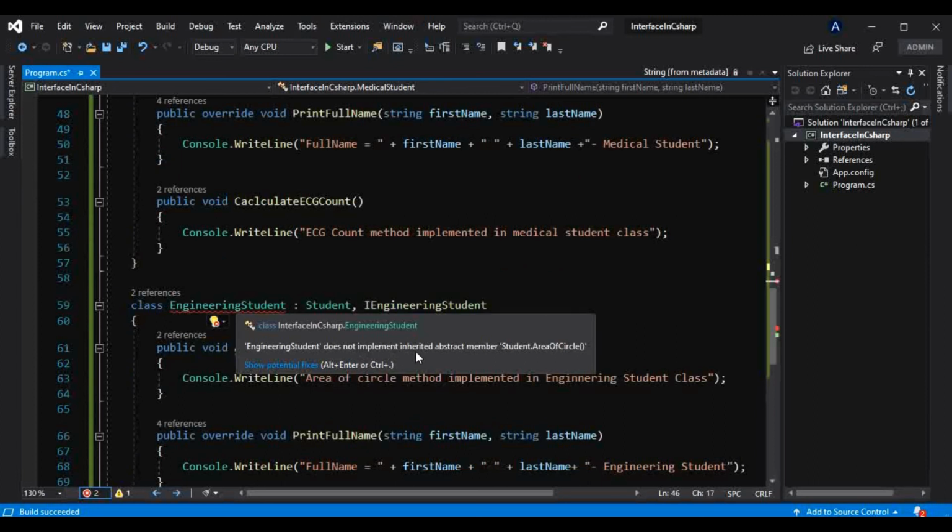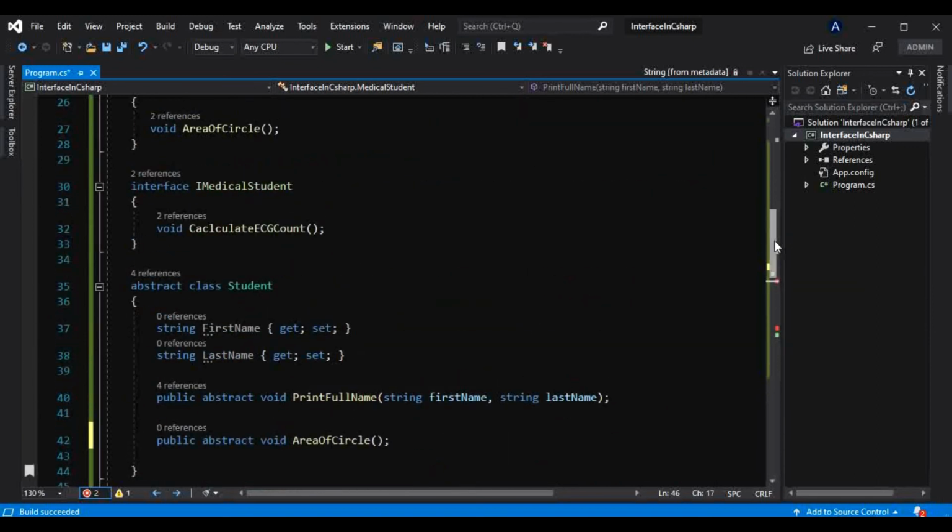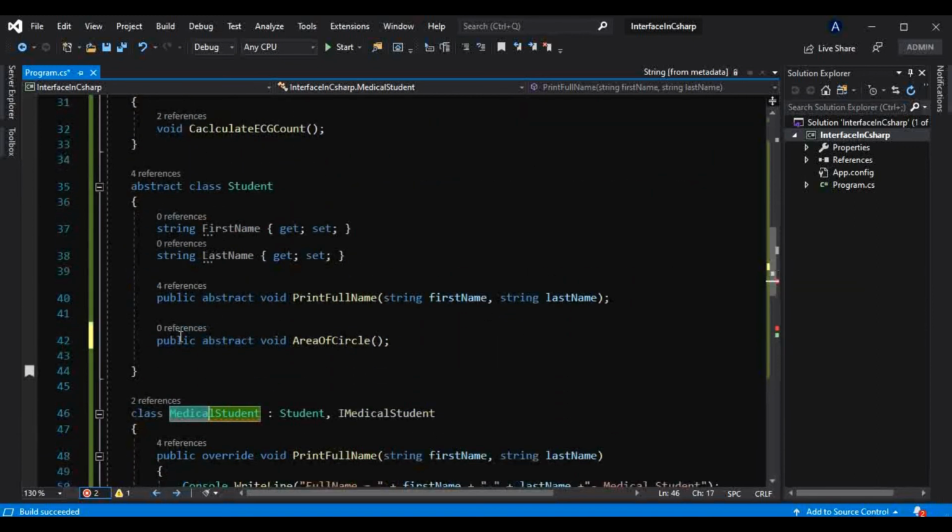What it says is, does not implement inherited abstract member, because we have made a change in our application. We have created this new method here, and that is how we are making a change in our application. So this is nothing but a tightly coupled system.